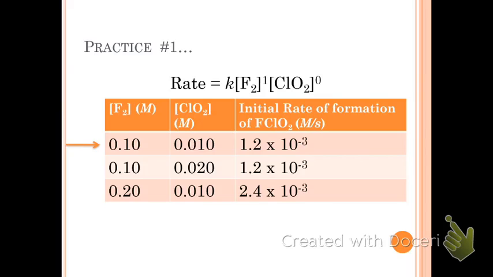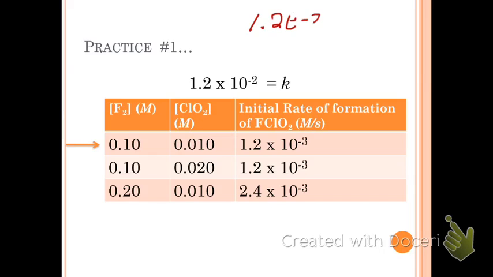I used experiment number 1, and my constant is 1.2 e to the negative 2. Now, just in case you got that incorrect, let's set this up, shall we? 1.2, make sure I got this right. Hold on, I've got my eraser. 1.2 e to the negative 2 divided by,